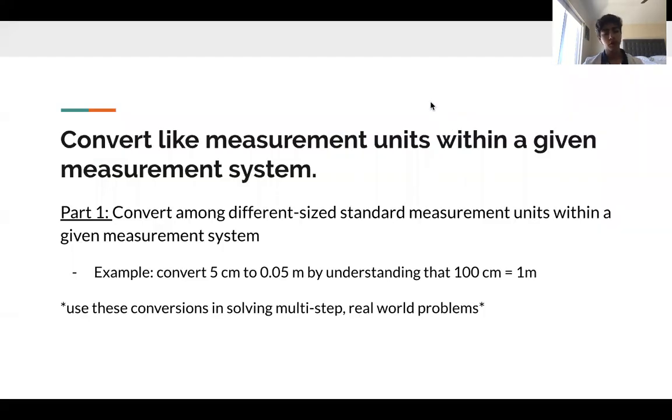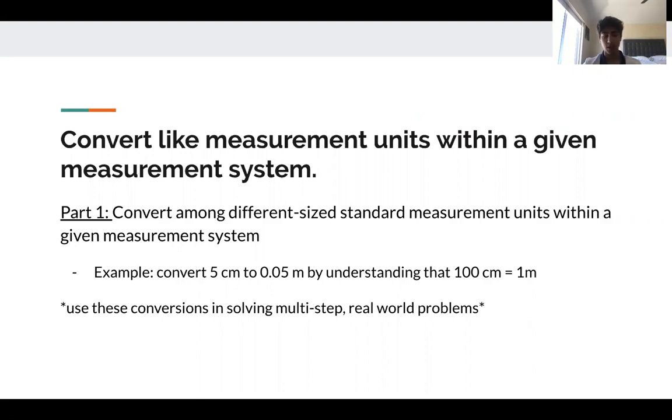So, first of all, we have to understand how to convert like measurement units within a given measurement system. What this means is I want to understand how to convert, for example, centimeters to meters. Well, in order to do that, you have to understand different size standard measurement units. For example, you have to understand the relationship between centimeters and meters, such that, for example, 100 centimeters is in